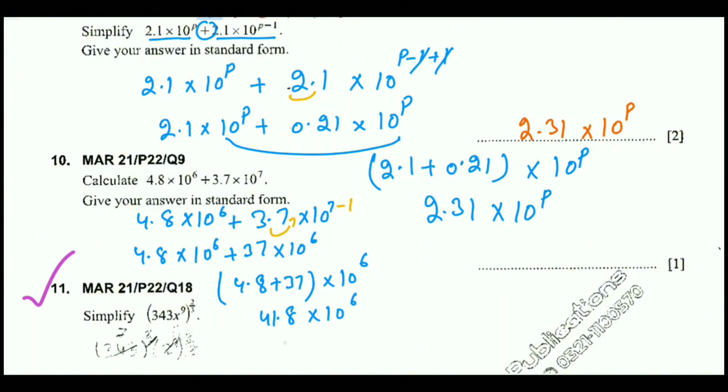So at the end you have to check that is this a standard form. Don't forget to check it. So our decimal should be after 4. Our decimal has to move one number left side, and then our power will be added by 1. It will become 4.18 multiplied 10 raised to power 7. That will be our final answer.